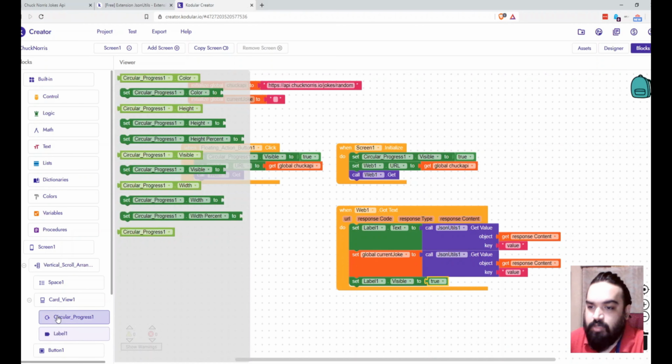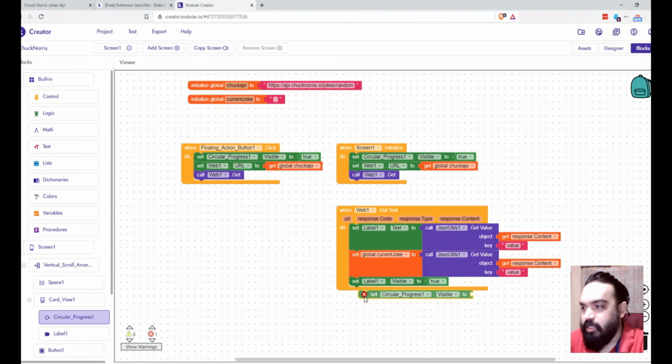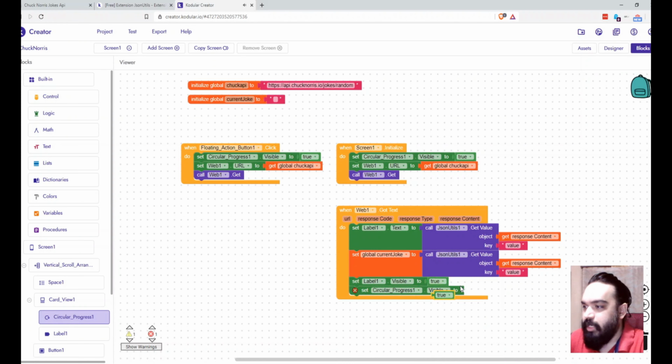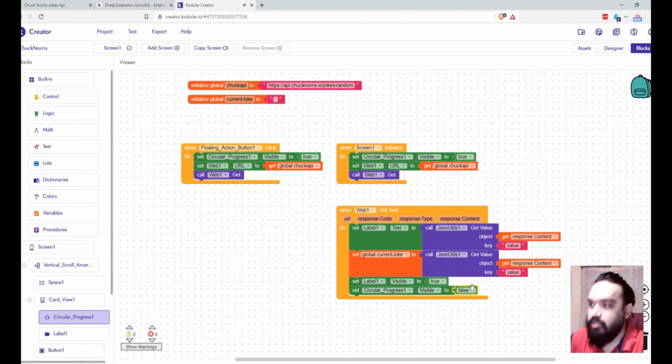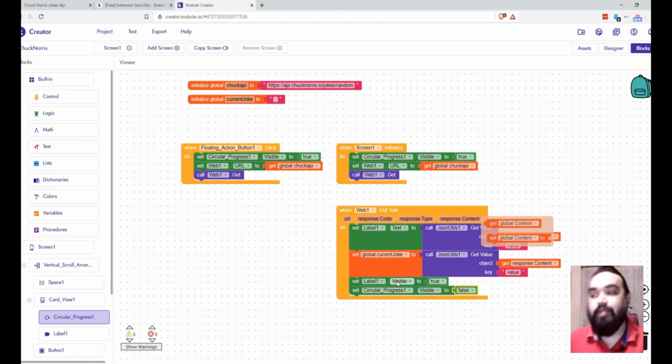So what we'll do is we'll click on circular progress and set circular progress visibility to false. Okay, I'm just duplicating this and adding it here and changing this to false. So when the web API URL is called, we are also passing the text and assigning it to the label, and also setting it as part of the global variable called current joke.